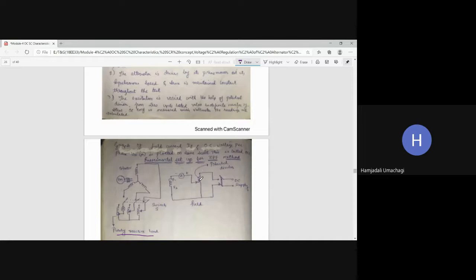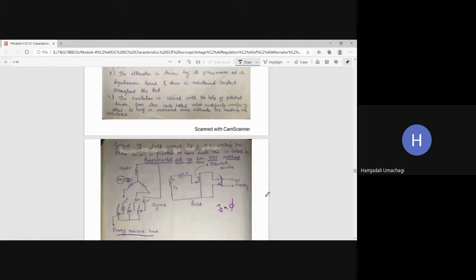So I want to ask the question here: by changing the excitation, changing excitation means you are changing the field current. If you keep on changing the field current IF or flux phi, which electrical parameter are you changing here? Because IF is directly proportional to phi, and that too it is an open circuit test, and we know that in the open circuit test we get voltage or current. OCC. Voltage. It is voltage. Very good.